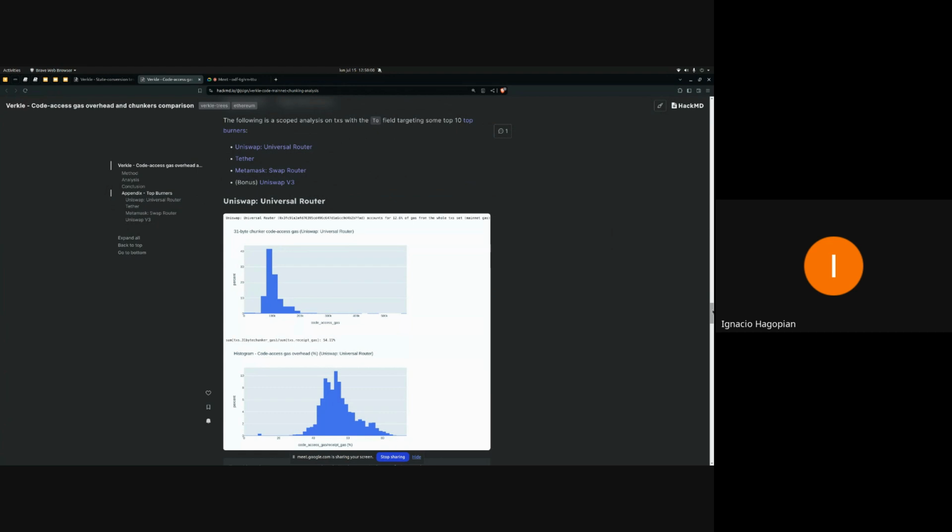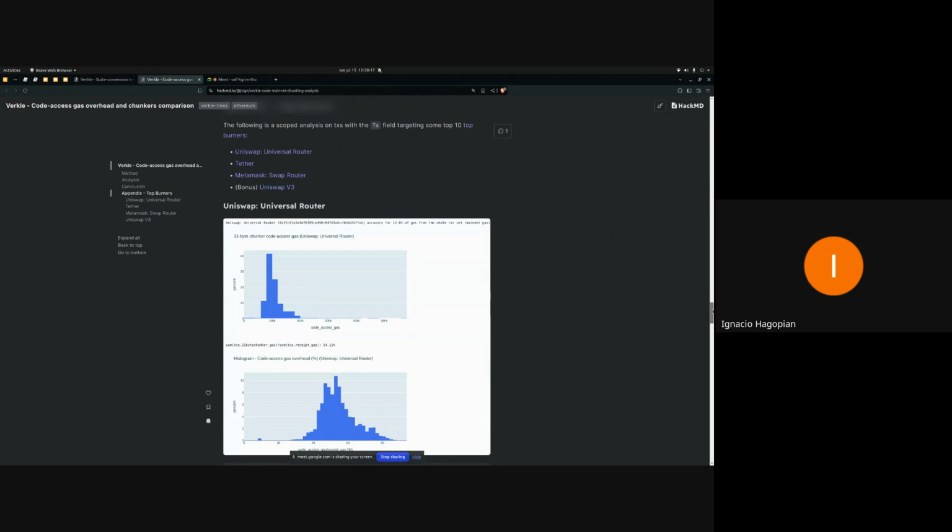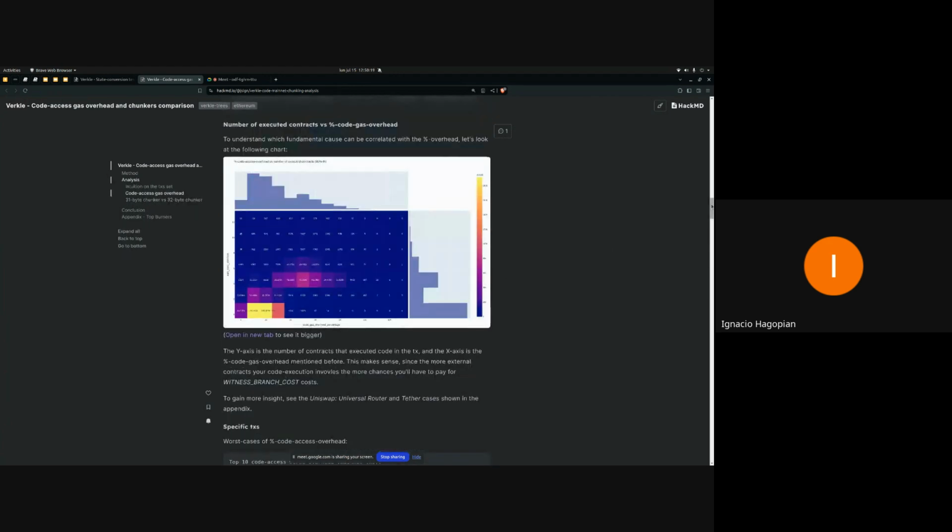And accessing too many contracts basically means you will probably have to pay for a lot of cold branches. And this accounts for high gas costs compared to the average case, which usually maybe interacts with one or two contracts.